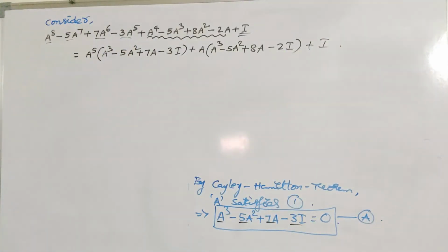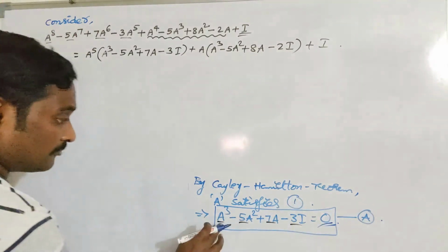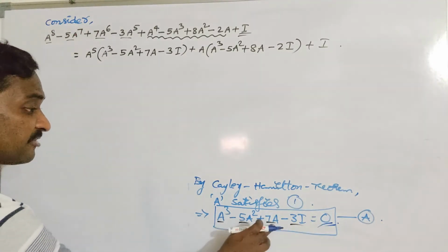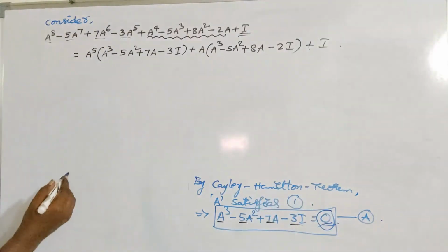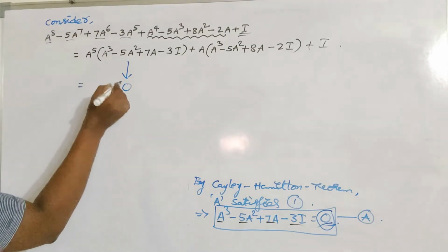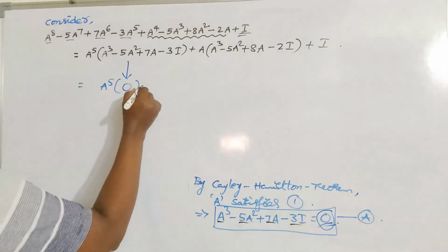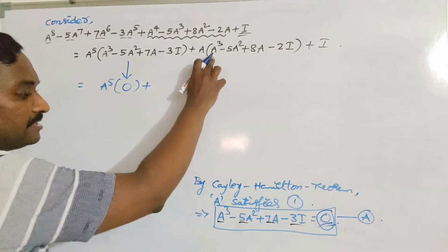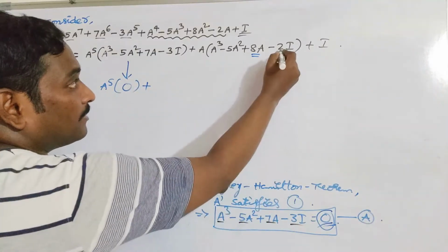Now we are observing that from the Cayley-Hamilton theorem, we have this equation. So whenever we have A cube minus 5A square plus 7A minus 3I, I am replacing it by the null matrix. So this one is the null matrix O. A power 5 into the null matrix is the null matrix. Okay, next. Here we can't apply this rule because here we have 8A and here we have minus 2I, but